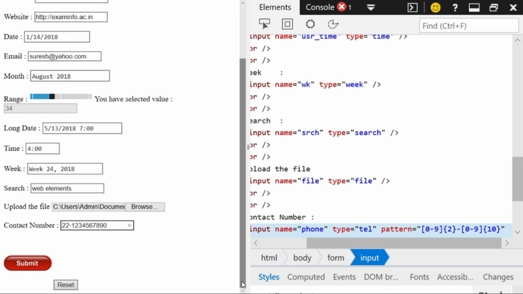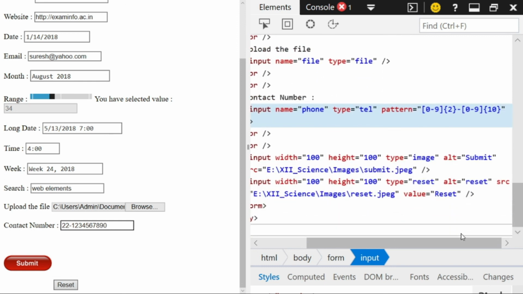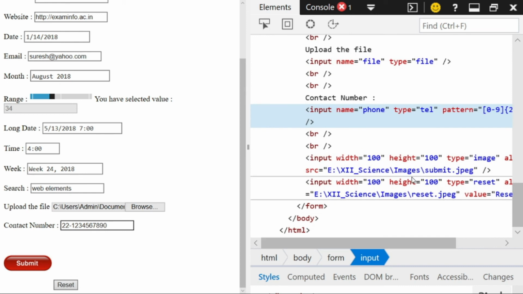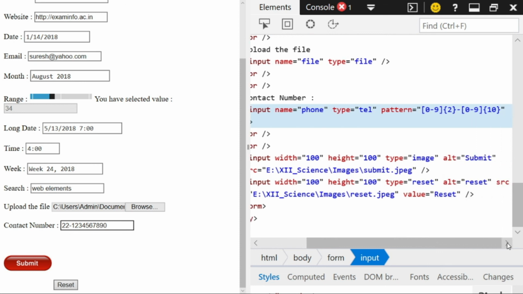Now the next type that I have used is a submit button, where actually I am not using input type equal to submit, but I am using input type equal to image.